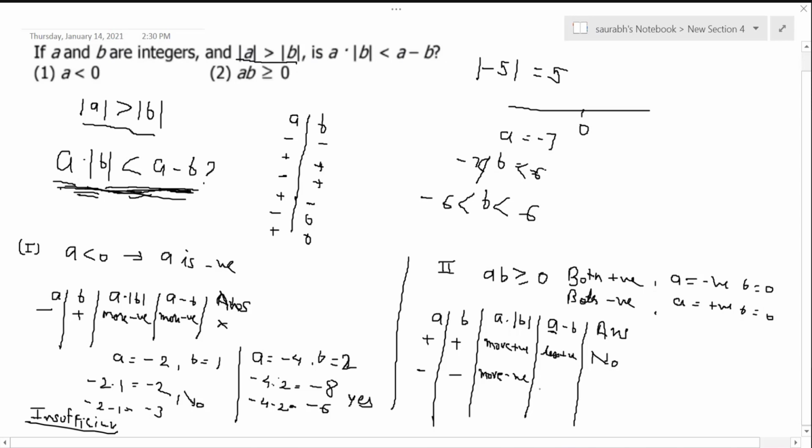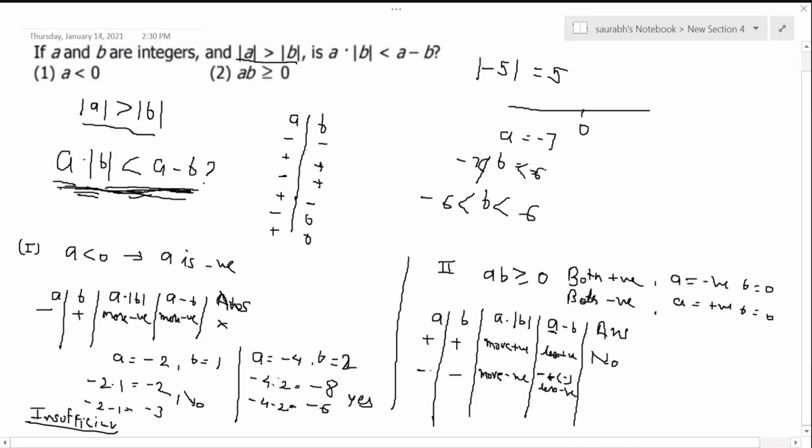So what happens to A minus B? A minus B, this time it will be closer to 0, or may I say less negative than A. Yes, because negative minus negative becomes plus. So basically this will be negative plus positive. Two negatives make one positive, yes. Less negative, right? Less negative.